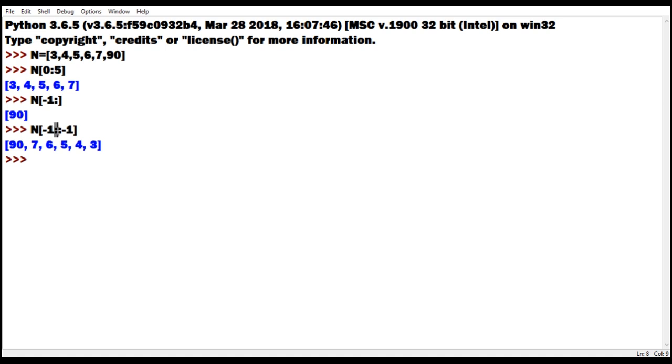So there are three values we can give for slicing: start value first, then colon, then stop value, then colon, and then step value. Start value, colon, stop value, colon, step value. And when we don't give any value, it automatically moves till the end. Like from -1, I'm not telling till where. After the first colon I'm not giving any value, so till where does it have to move?